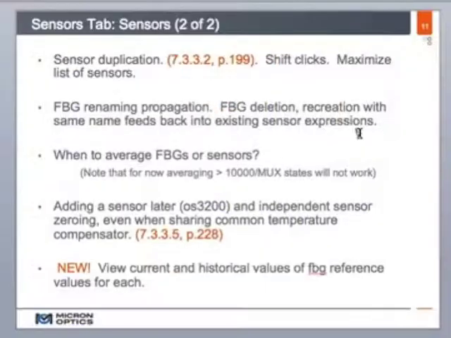Okay. Looking back at our PowerPoint, let's see, we have a comment on when to average FBGs or sensors. Maybe that's better discussed after our next bullet, which is adding a sensor and independent sensor zeroing. So this is also a feature that was introduced with version 1.0, and that is essentially that sensors can be zeroed independently of one another even if they have common computational elements